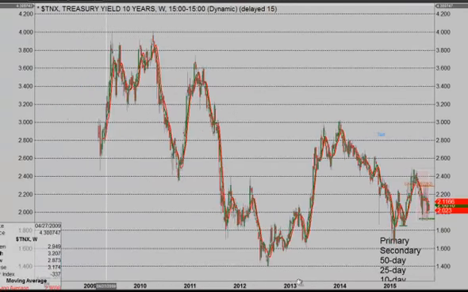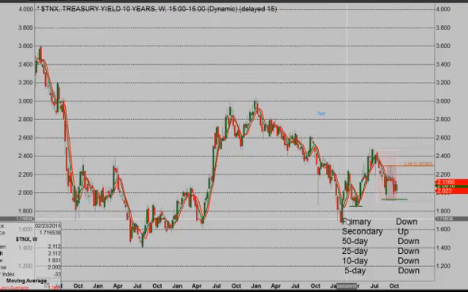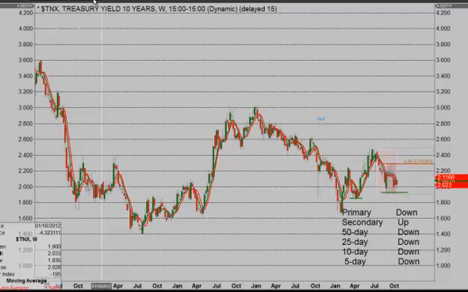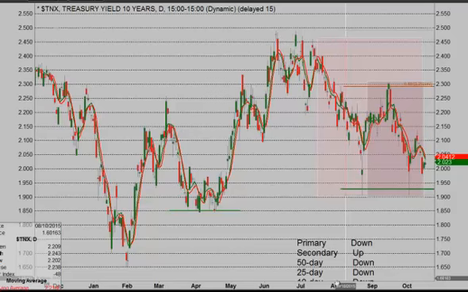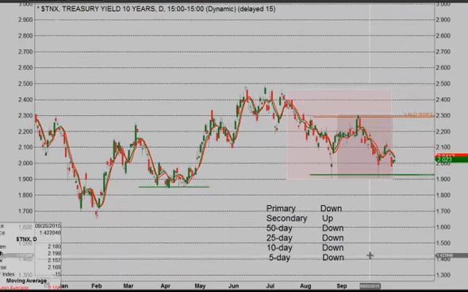Here's interest rates in the States. On the other hand, that secondary pattern's holding, and you could see it here, a pattern of higher low, higher low, higher low. So that's the big shift we're looking for. It's going to be up to the Fed when that happens, and even your most conservative estimates are saying they're going to raise rates this year still. So that's why we're sticking with that higher time frame analysis, reminding you of those primary patterns, because for all the back and forth in the euro, you look at it, it really hasn't been doing much but going sideways. Well, let's stick with this chart.